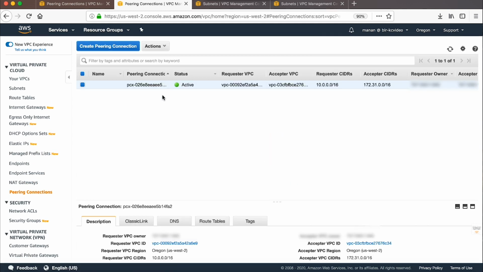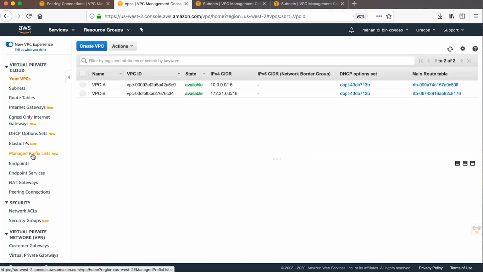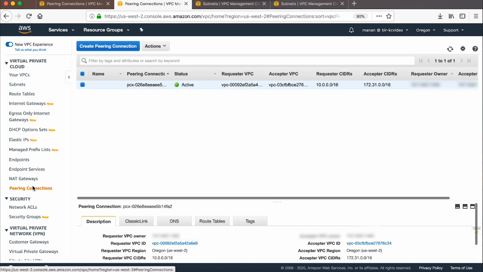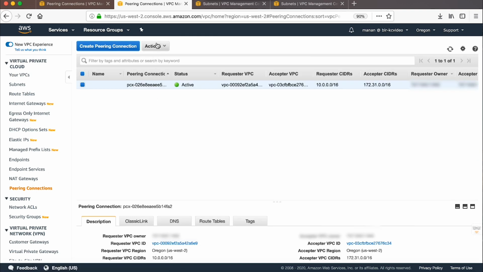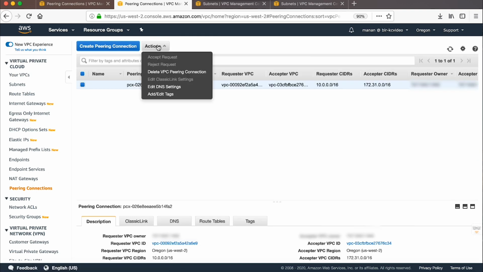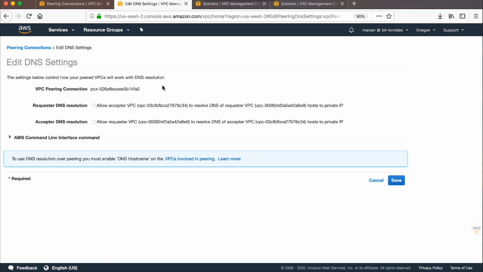Choose Edit DNS Settings. Confirm that DNS resolution is enabled.